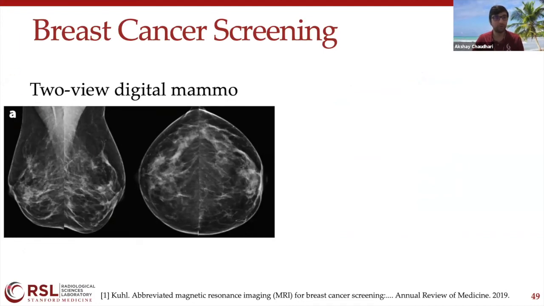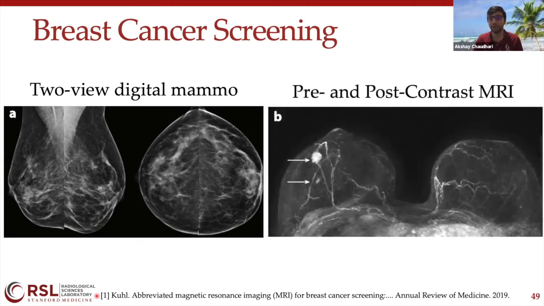This is an example of a two-view digital mammogram. I'm not really an expert in assessing mammogram images, but nothing seems too out of place in this mammogram. But then for the same patient, if we use this concept of a fast MRI protocol, we can inject gadolinium contrast and image before the contrast and after the contrast. And using a difference of those two images, because the tumor selectively takes up this contrast, these tumors light up really well on those subtraction images. So there really is potential to go from this low sensitivity mammography technique to this high sensitivity MRI-based method for